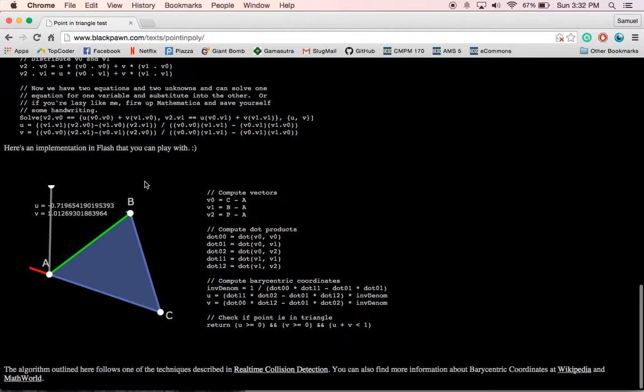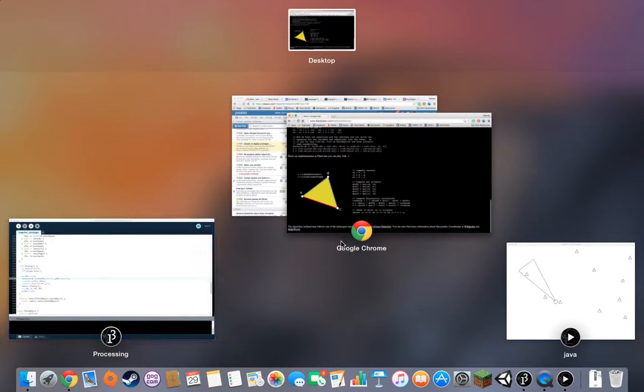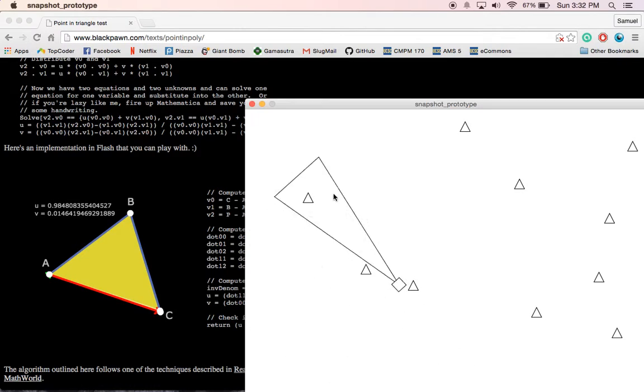I'd actually even found some really nifty pseudocode that does a little bit of linear algebra, very quick, and can determine if a point is within a triangle. So I had this nifty pseudocode that I was planning on re-implementing. Actually, it plays very nicely with the linear algebra support in Processing. But as luck would have it, I got stuck on this reference framing problem, and honestly, even though